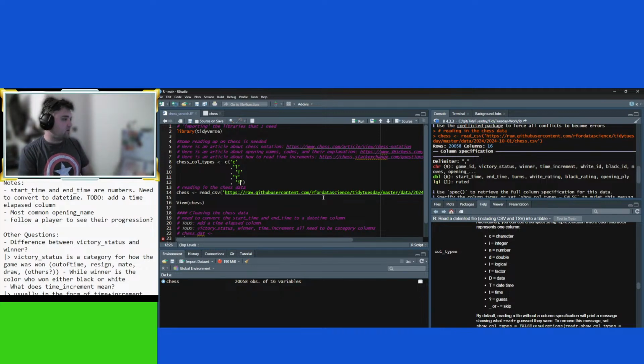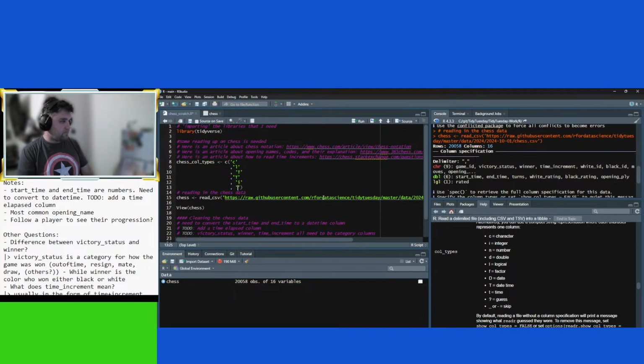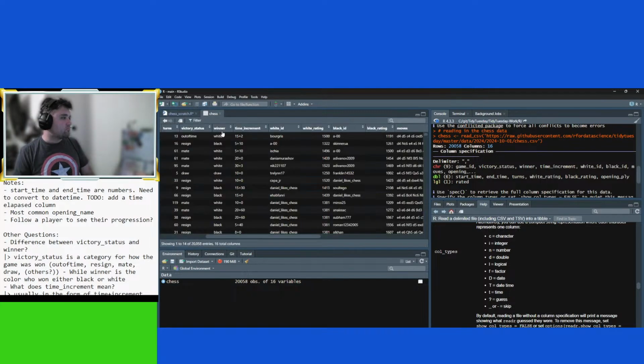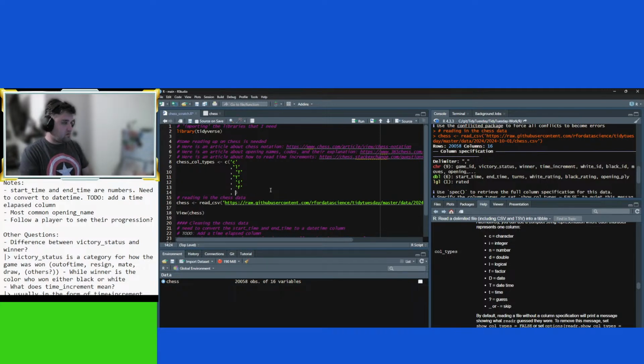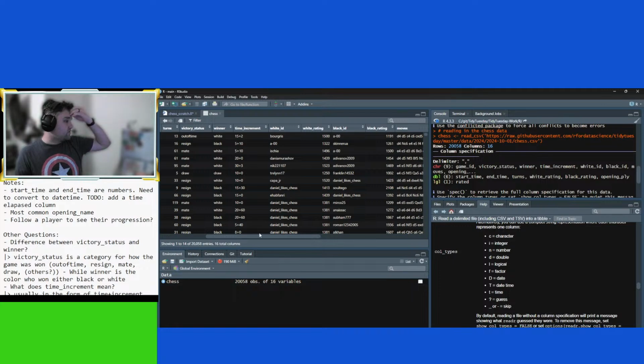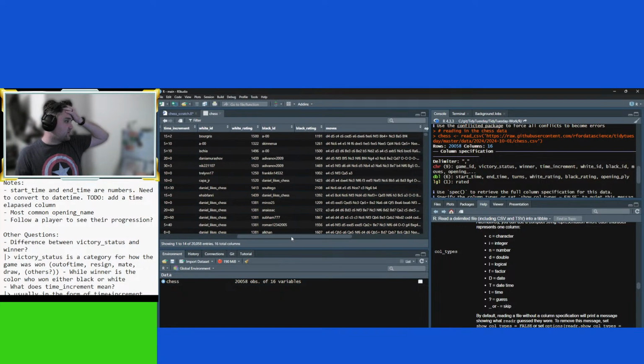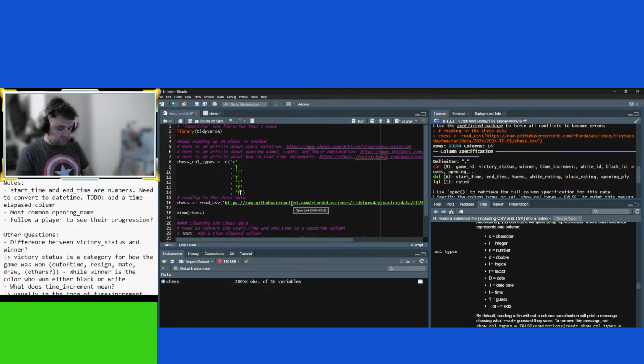Yeah, let's do an integer. Factor. That's the word I was looking for. So victory status is a factor, winner's a factor, time increment is also a factor.